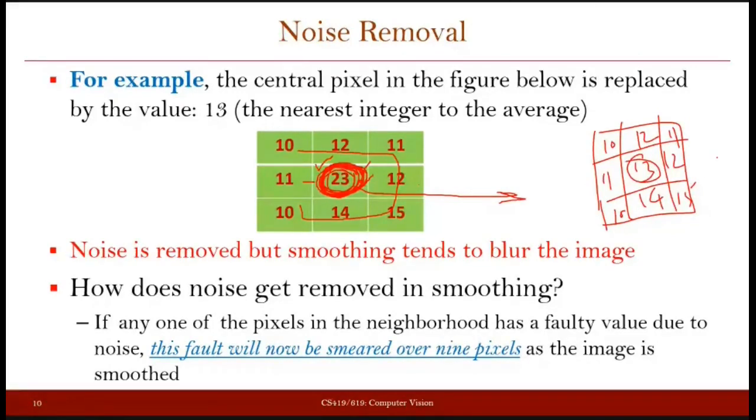So that way you can say that the noise has been removed, because you are successful in matching the characteristics of the central pixel in terms of intensity to the neighboring pixels. That is why this smoothing operation removes the noise. So whether it's a box filter or a Gaussian filter, in both cases, this can be used to remove the noise from the image.